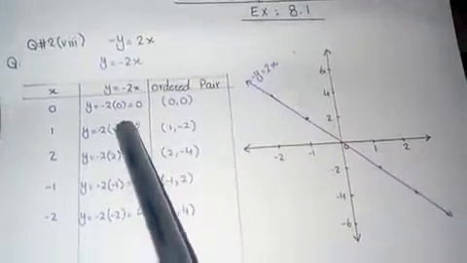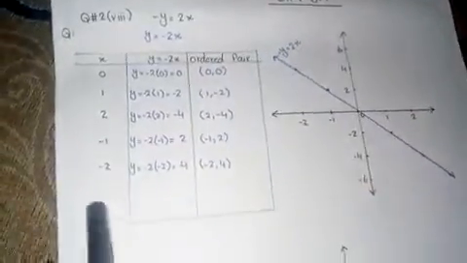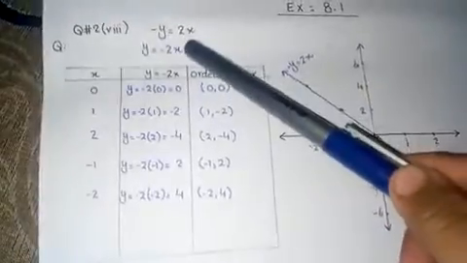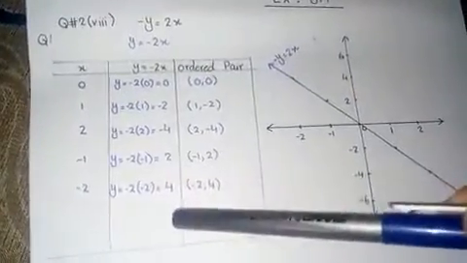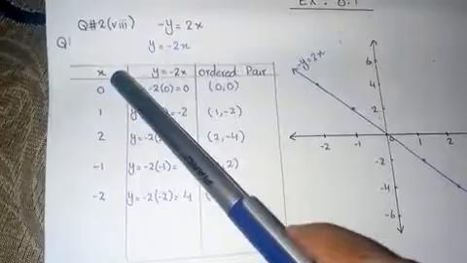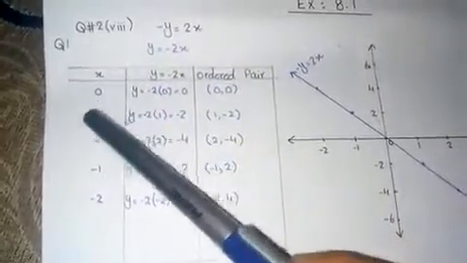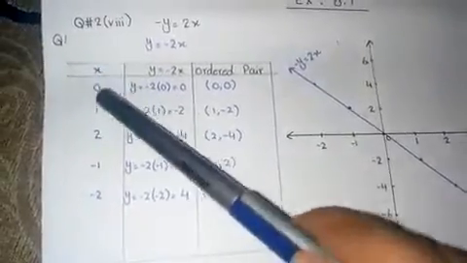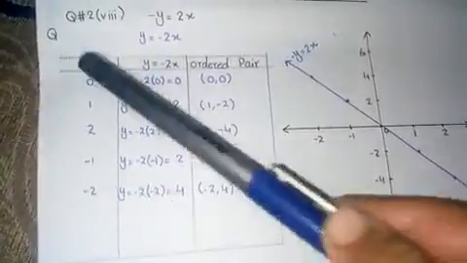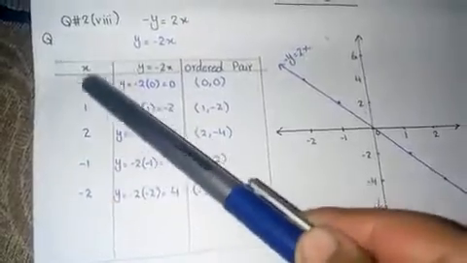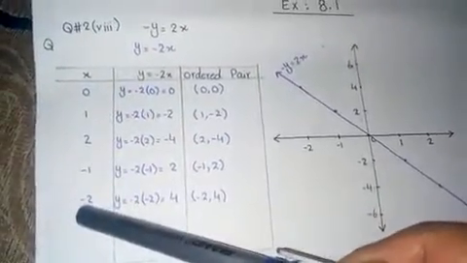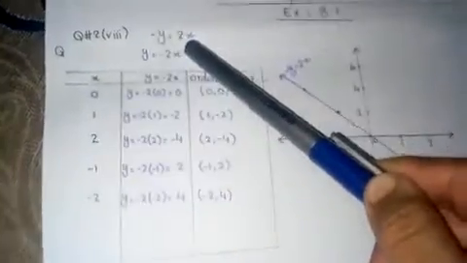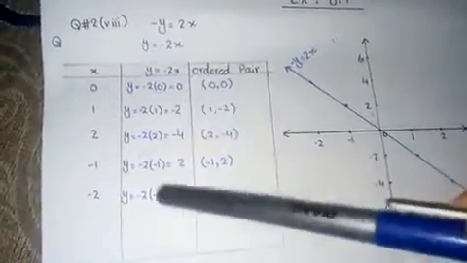the same question, then you have to draw this table. Clear? The solution is in tabular form like this. Here you can see I have assumed the values of x as 0, 1, 2, minus 1 and minus 2. I have told you in an earlier video that these are the easiest values, so I have taken these. You just have to assume the values of x. Now put these values one by one in this equation and the value of y will automatically be calculated.